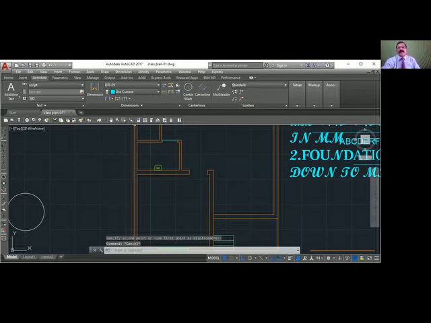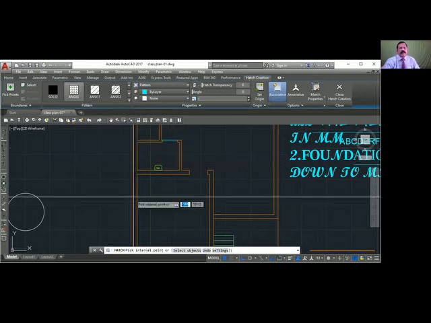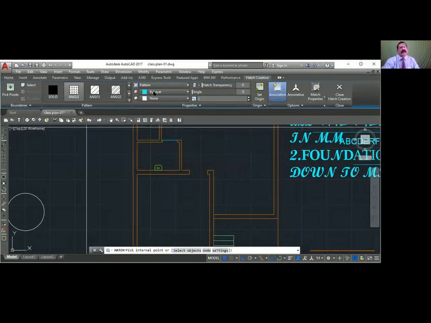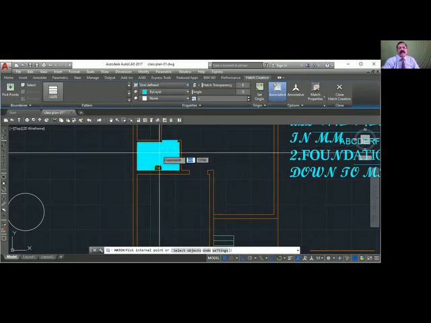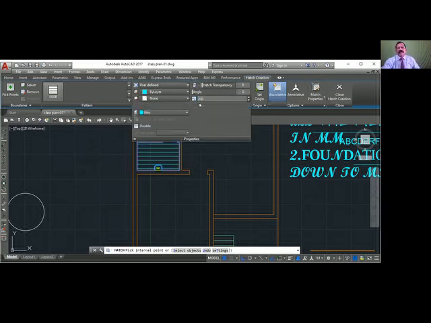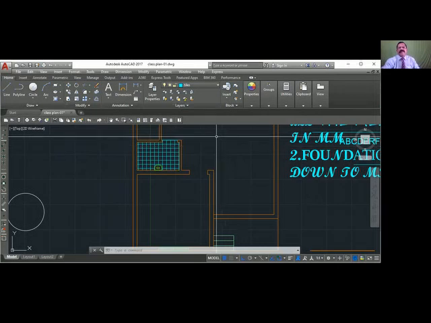So you are already in the tile layer. Okay, so you say hatch, then you go here, pick point, because I can't select the object here, so I use the pick point. I'll use user define. Suppose you want a 200 by 200 tile, give 200. Click these properties and click the double. That's how you do the user define.